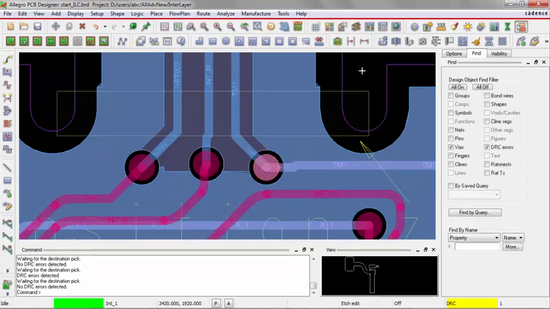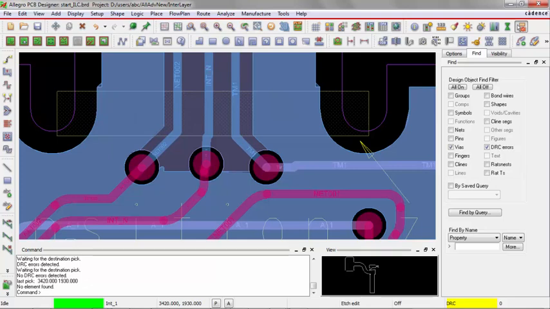And therefore I have removed all my DRCs. Let's define an inside rule. We'll use this to define the edge of the stiffener adhesive geometry to the edge of the stiffener itself. We're doing this to prevent the adhesive from oozing outside the stiffener. We must have a minimum value of 45 mils so that the stiffener adhesive must be contained within the boundary of the stiffener. Since we want the stiffener adhesive to be inside of the stiffener, we'll use the inside